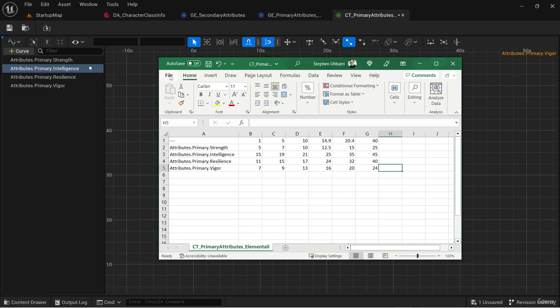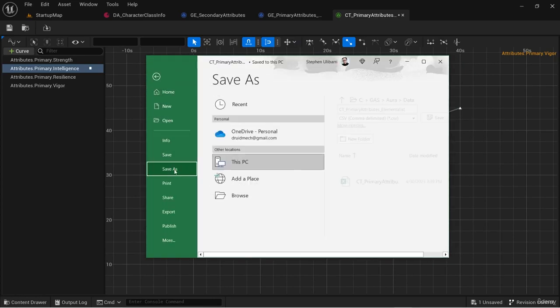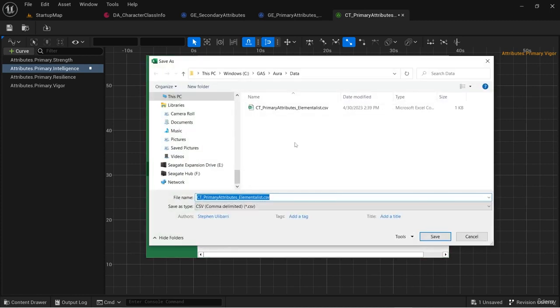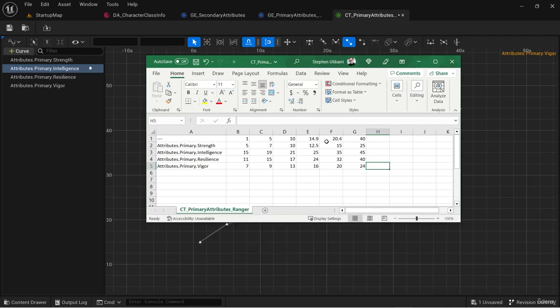Here's what I'm going to do. I'm going to take this CSV file. I'm going to go to Save As, and I'm going to save this as a new file called CT primary attributes underscore ranger, and click Save. Now for the ranger, I can change the values around. Let's say the ranger should have a slightly higher strength. We can start